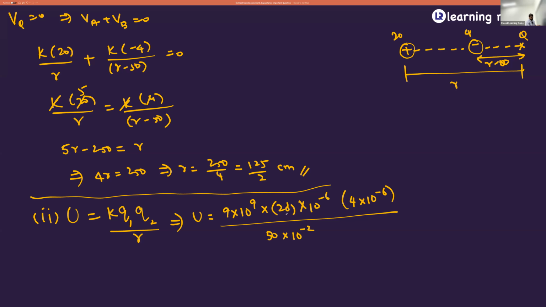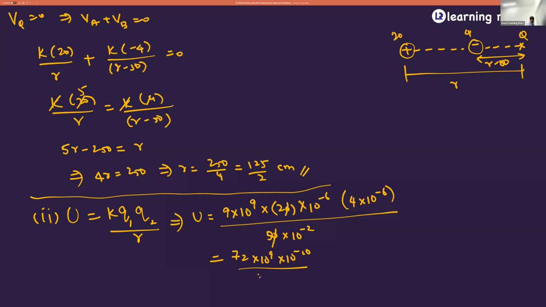Right? 10 power minus 6 into 10 power minus 6 is 10 power minus 12. This 10 power minus 2 goes to the numerator, it becomes 10 power 2. So 10 power minus 12 into 10 power 2 is 10 power minus 10. So what you are going to get is 9 into 2, 18 into 4, 72 into 10 power 9 into 10 power minus 10,